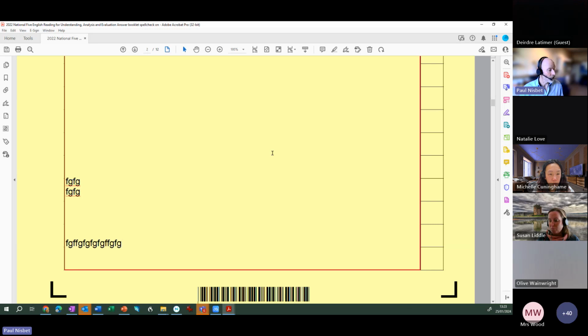Now, what's happening there is that these do have a character limit. And every time I try and put a new line in, it prevents me. The rationale for that is that we found that some candidates wouldn't necessarily pay that much attention. And so they'd carry on putting in more lines of text, and the text would get smaller and smaller and smaller, which might be okay on screen when you're magnifying it, but it wouldn't be good when you print it out. So for the answer booklets, it just doesn't let you put in any more lines, and